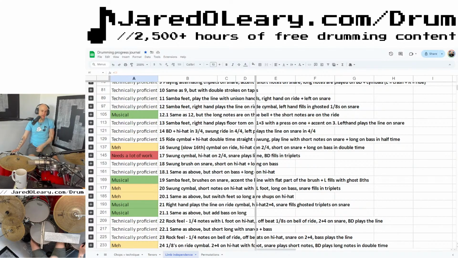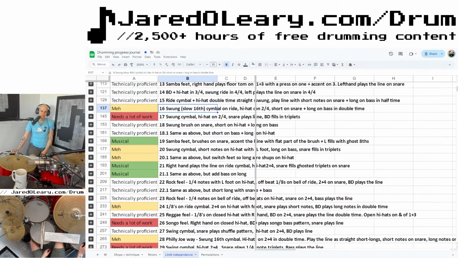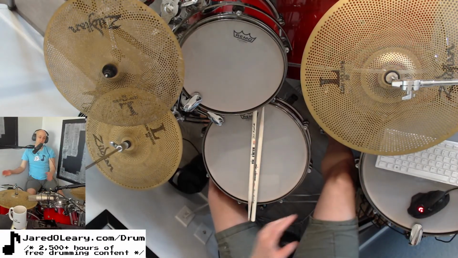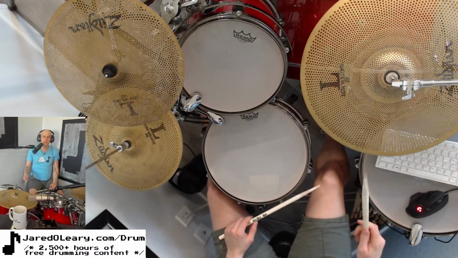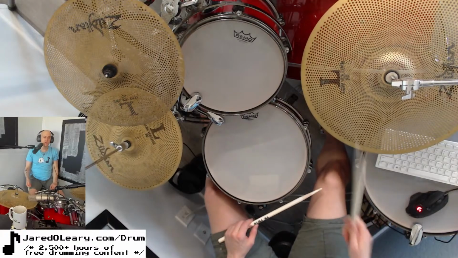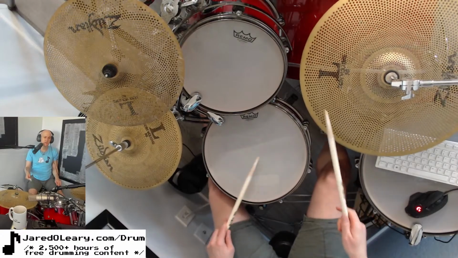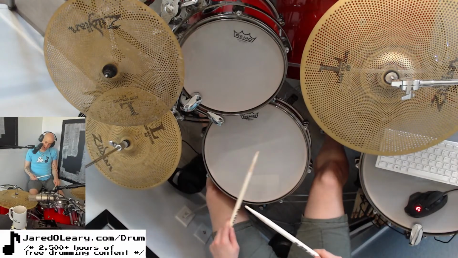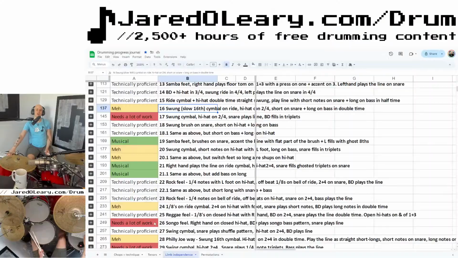Good. Alrighty. So the one that I'm going to warm up with, this one's hard, is number 16. This one is full of so much space. What I'm going to play is ding, ding, ding, ding. So this is a 16th note swung. And I'm going to read short notes on snare, long notes on bass, while reading through these charts.